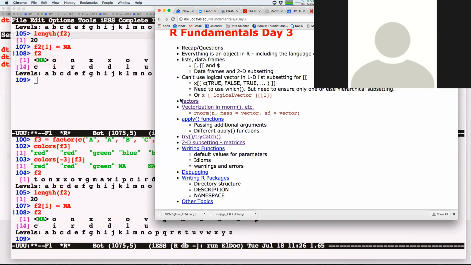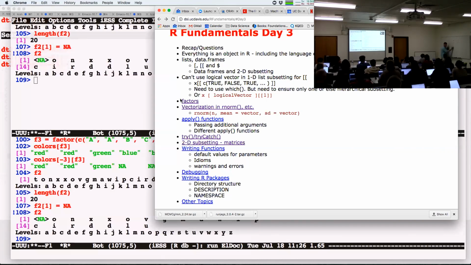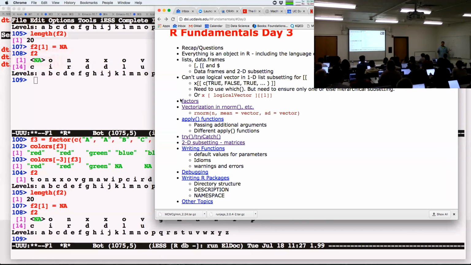With lapply, I say, here's the thing I want you to loop over, here's the function. But apply is slightly different. Apply says, loop over what? The rows or the columns? Because when we had a data frame, lapply said loop over the columns. It's a list, so it was clear what we were looping over. So here I need to say 1, the international symbol for row. Who would have known?